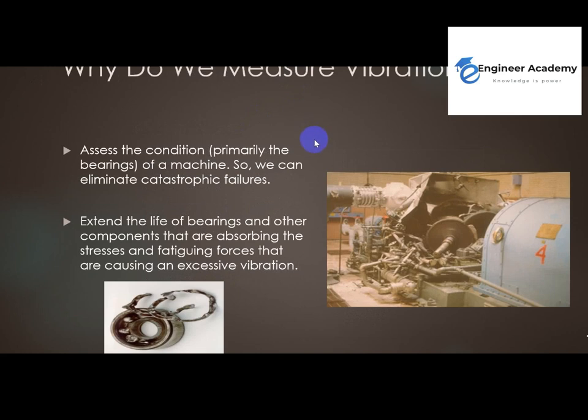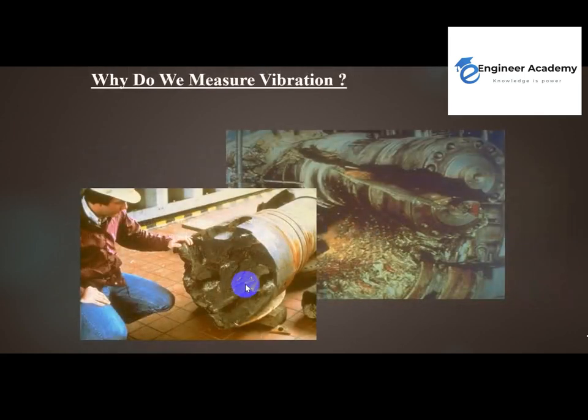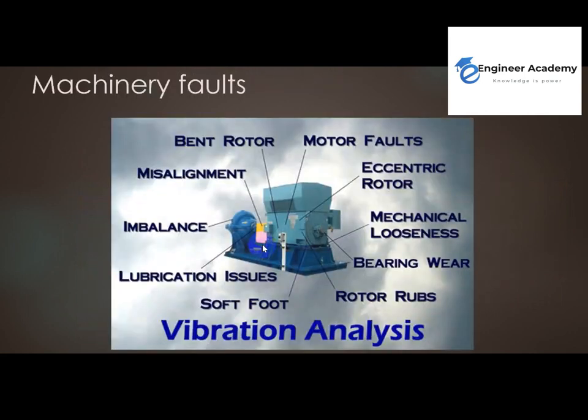Then why do we measure vibration? Simply to prevent these kinds of failures, these catastrophic failures. Because in the early stage, when you detect the failure, you don't know exactly what the time is between the start of the failure and the complete failure. Sometimes the period between detecting the failure and the failure itself is not too long. Then you need to take action as fast as you can. These kinds of failures are very catastrophic.